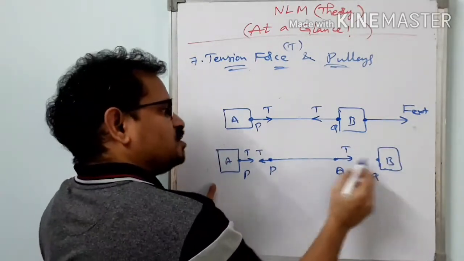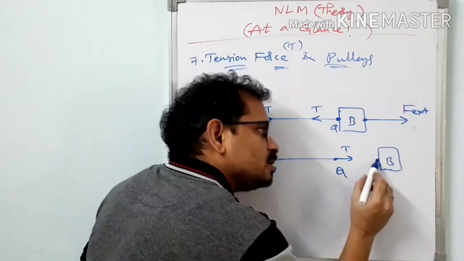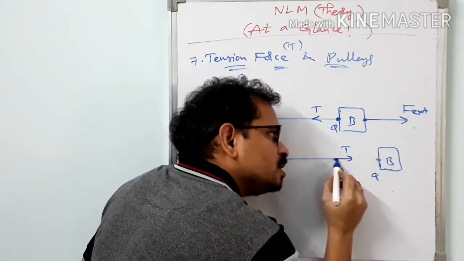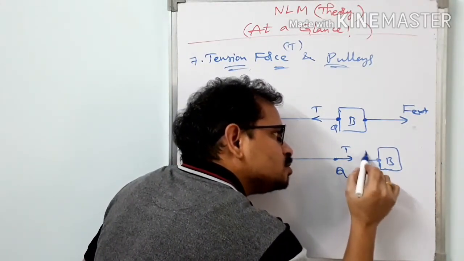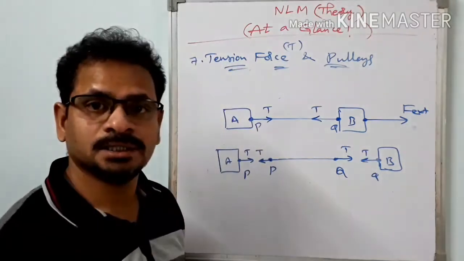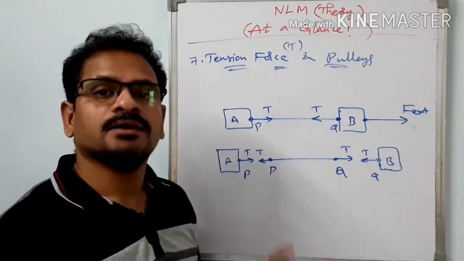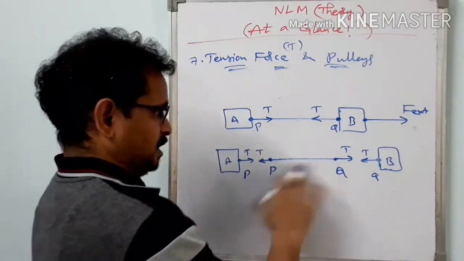Therefore, we can draw tension forces like this on this string. Then what about this one? This rope can only pull this block, so the tension force will be like this. Got it now? So using those 2 points, we are capable of drawing forces here.